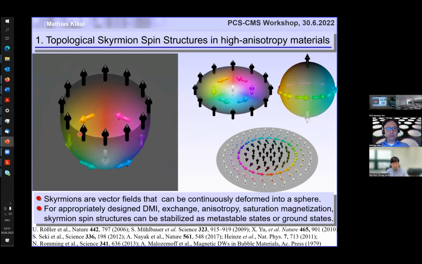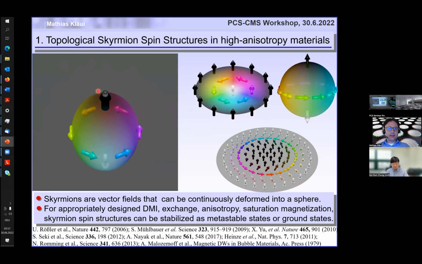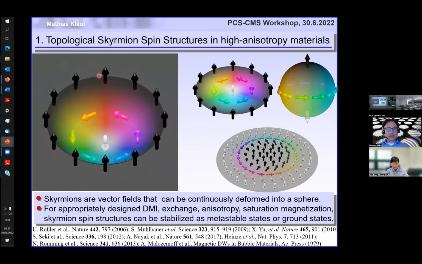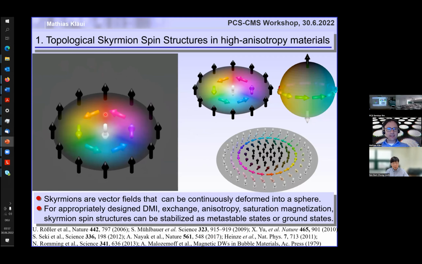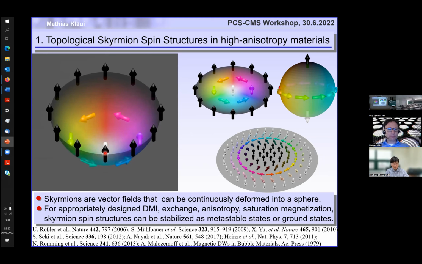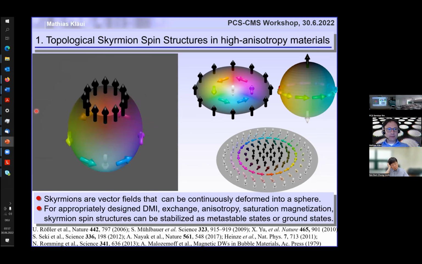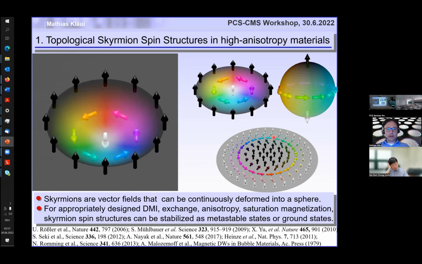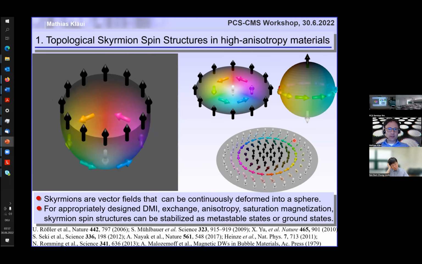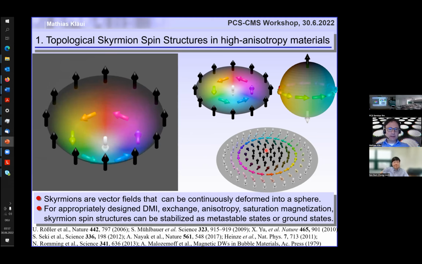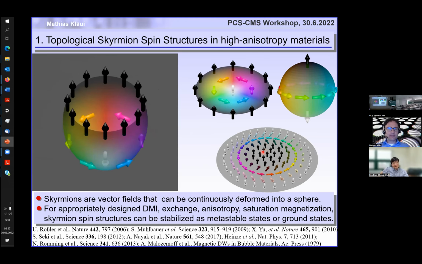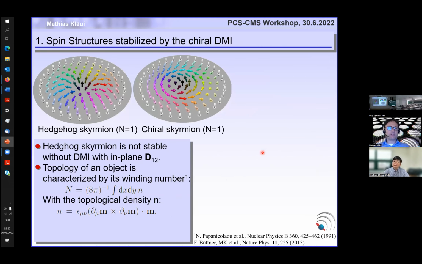So we see here the domain, the spins at the outside of the Skyrmion are mapped onto the North Pole, and the magnetization at the center of the Skyrmion is mapped onto the South Pole. And then somewhere in between, the magnetization has to rotate, and you get such a chiral structure as shown here. Now, this typically can be a metastable state or a ground state,